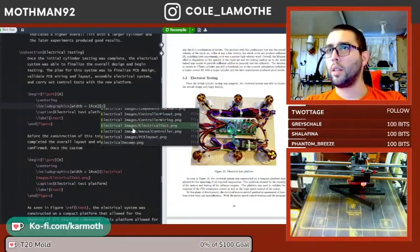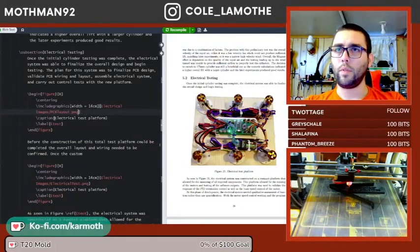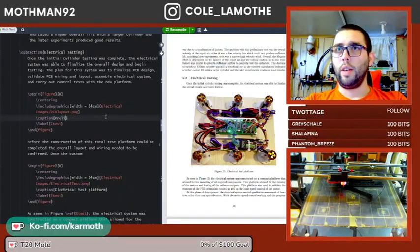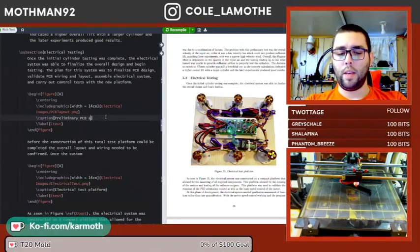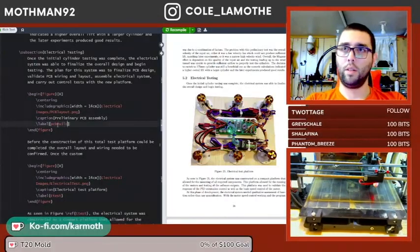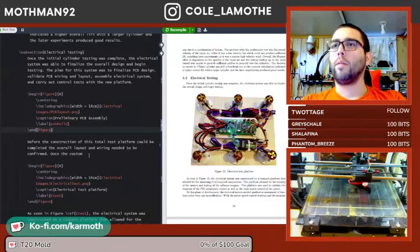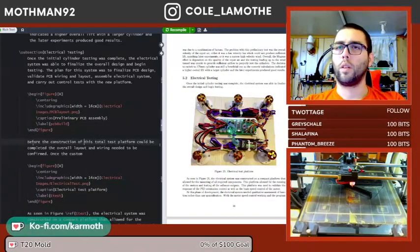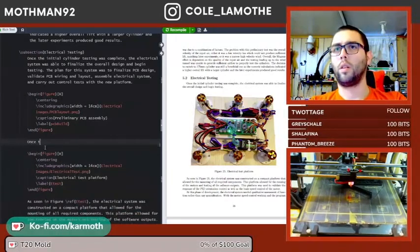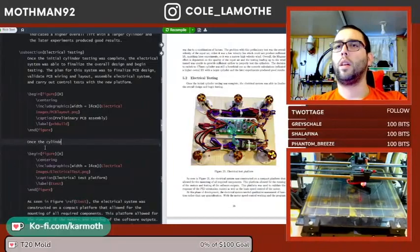Electrical images, PCB layout. Preliminary PCB assembly. Assembly testing